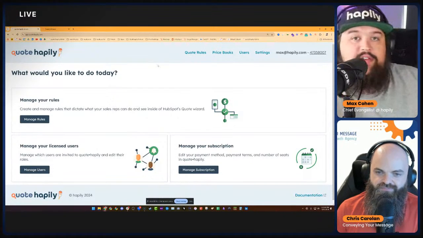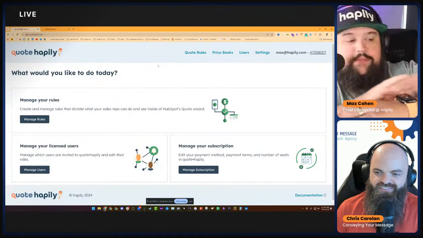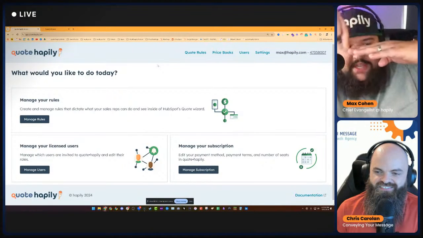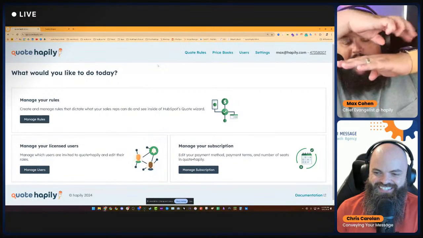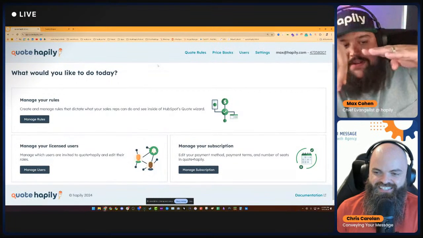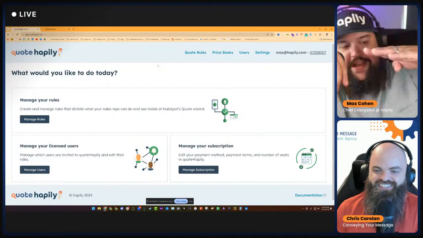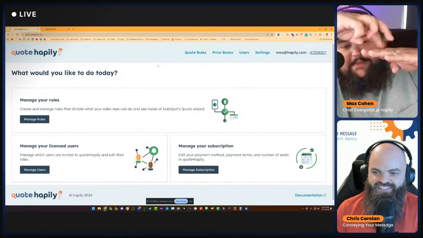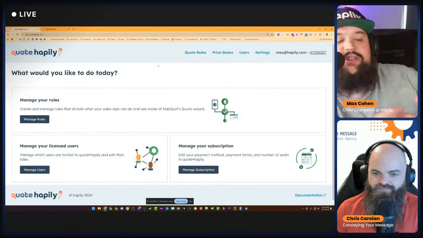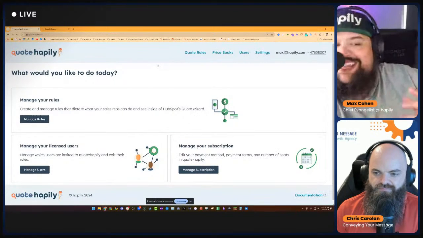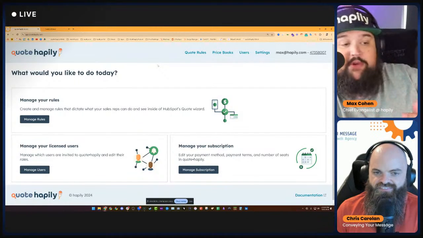The analogy that I use for everybody is, imagine my arm represents all the different features of HubSpot quoting. Eventually you get down to this cliff here. There are all these people that say, man, I really want to use HubSpot quoting, but only if it had price books, only if it had rules, only if it had a better way to do approvals. And what happens is they end up having to jump off this cliff onto another solution because they need just one or two key features to run their sales process on HubSpot and have a little more control over it.